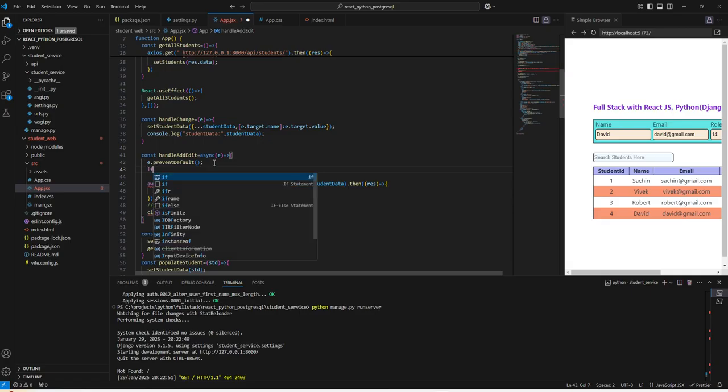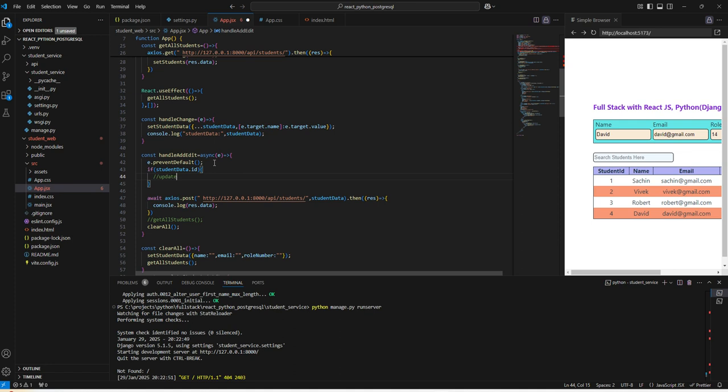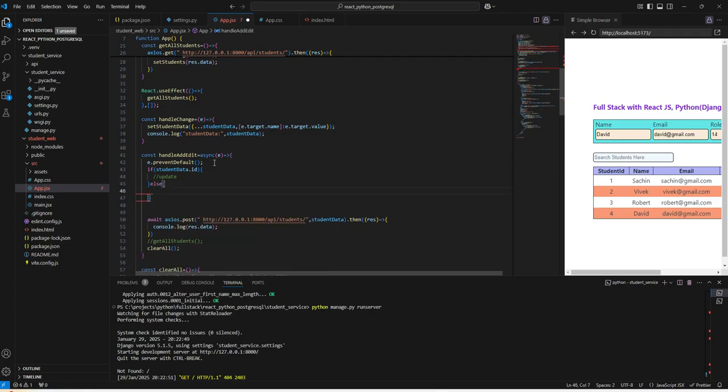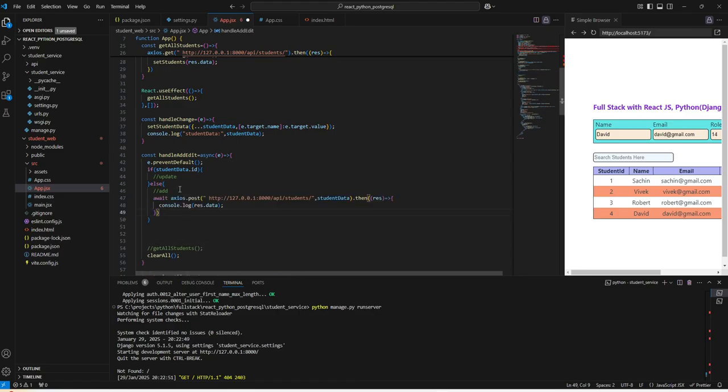Now if we can say student data dot id is there, that means we should go for updation, or else if id is not there, that means it's a new record and we need to create a new student. And this is the code for creating a new student. Now we can add it here, and this is for updation. For updation we can add